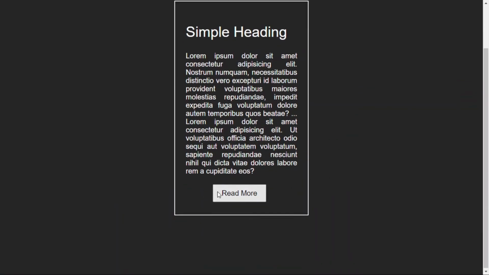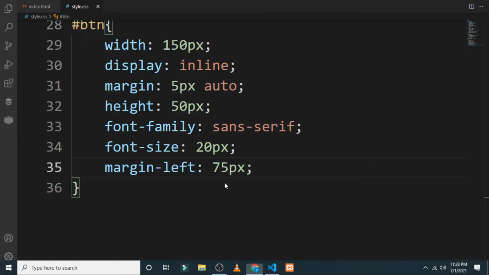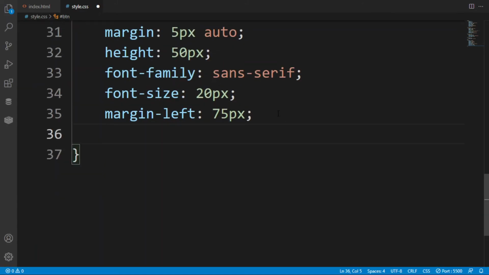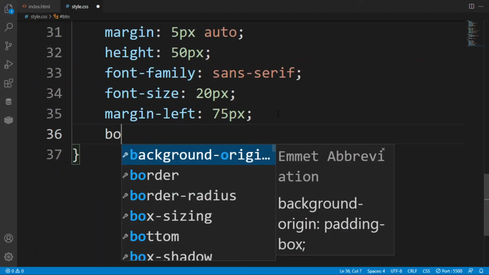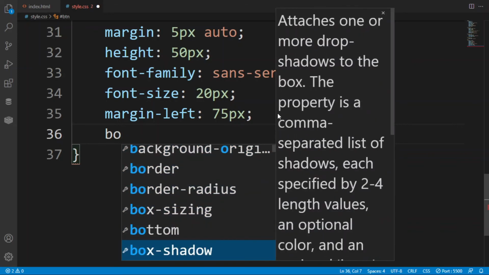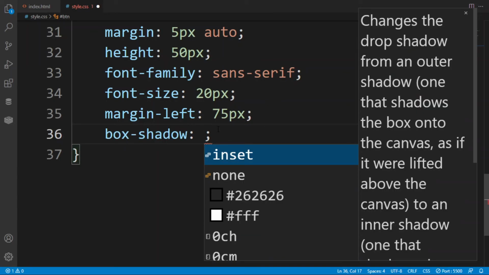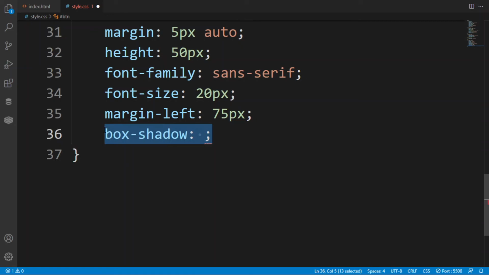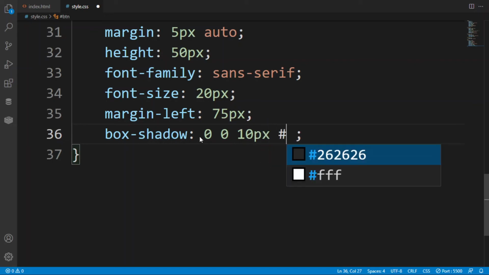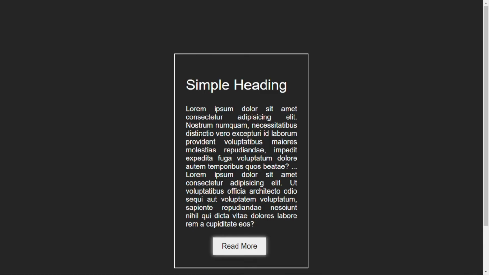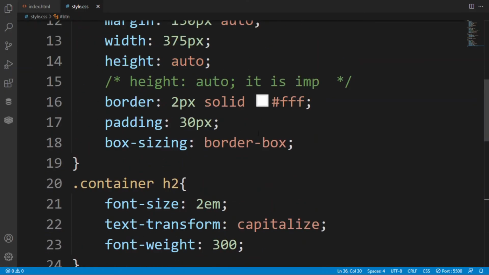I think that you are more intelligent than me, so you will be able to find what I am trying to say here. After this, margin left, I want to give border none, and box shadow first. In the box shadow, I want to give 10 pixel blur of white. After saving it, as you can see, there is a glow effect around the button.